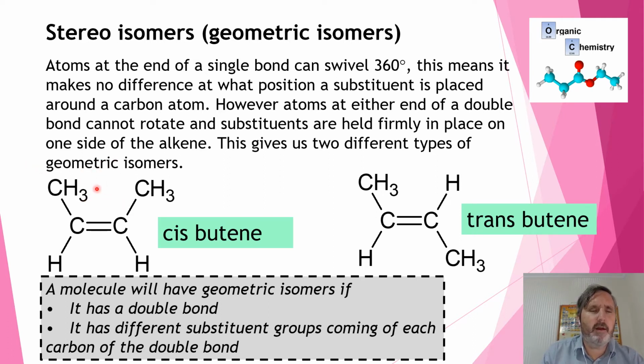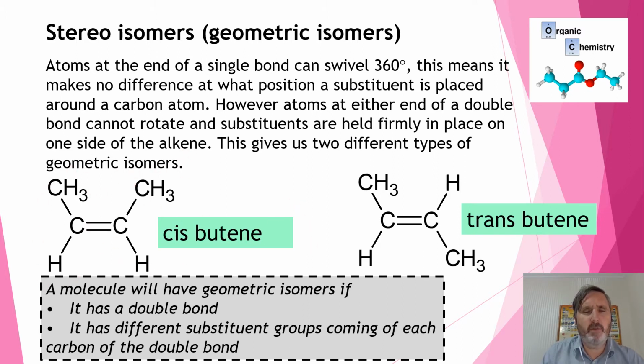So because we can't have a geometric isomer for but-1-ene, and we can only have a geometric isomer for but-2-ene, I don't have to put the 2 in here because cis-butene can only occur on but-2-ene. It's kind of pedantic or picky. If you put the 2 in, you won't get it wrong when you name them. Anyway, just reiterating here, you need to have a double bond and you need to have 2 different groups off either side